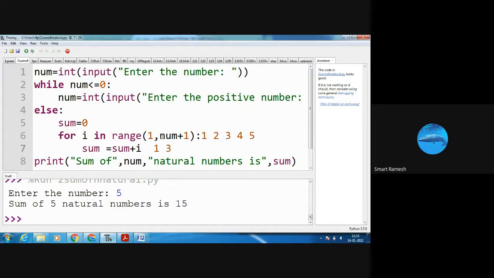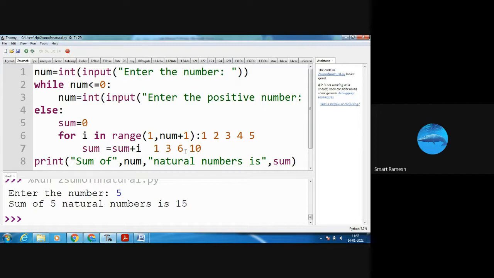Next again going to for loop. This time I value 3. So sum value is 3. 3 plus 3, 6 is the answer. Next again go to for loop. This time I value 4. So sum value is 6. So 6 plus 4, 10 is the answer sum value.